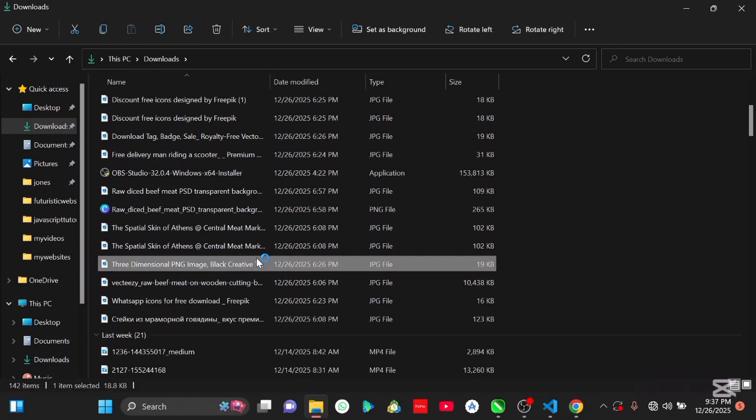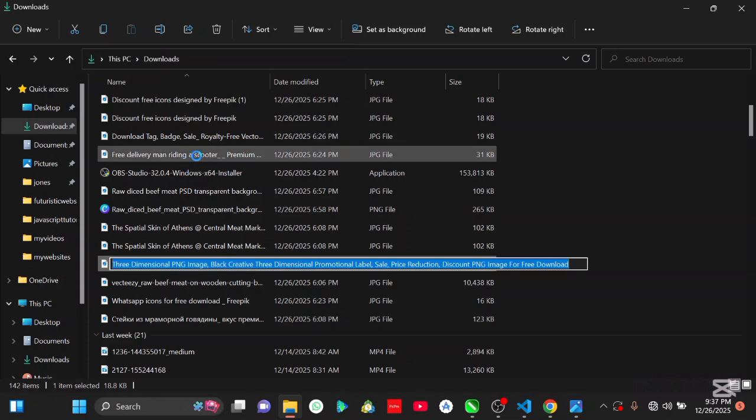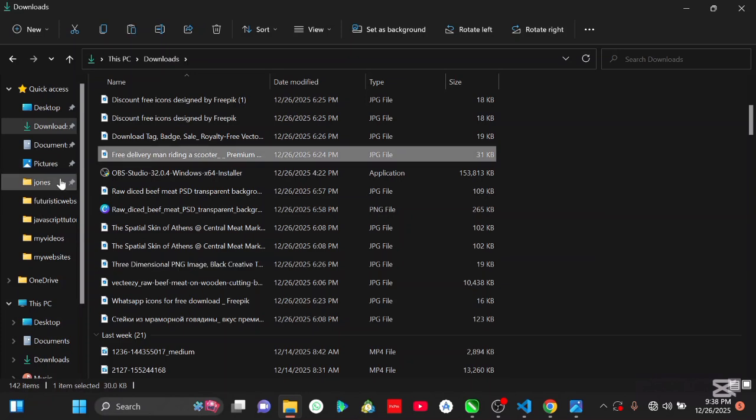I'm just going to use one. Let me use this one. So what I'm going to do is copy. I don't even know where it went. Oh, here it is. Just going to copy the image. Okay, I'm going to copy that image, and then I'm going to go back to my documents and find the